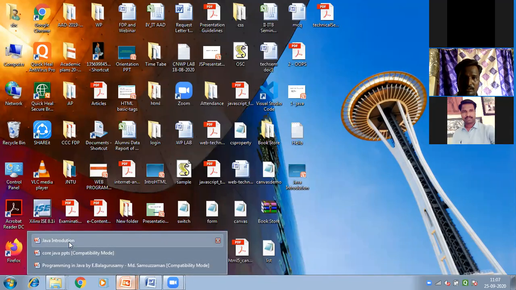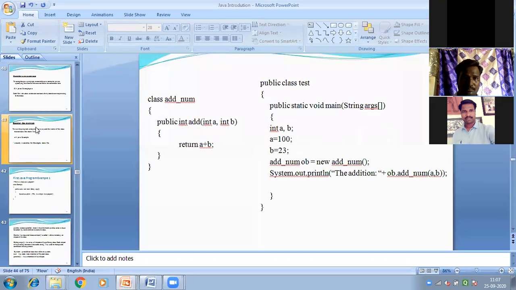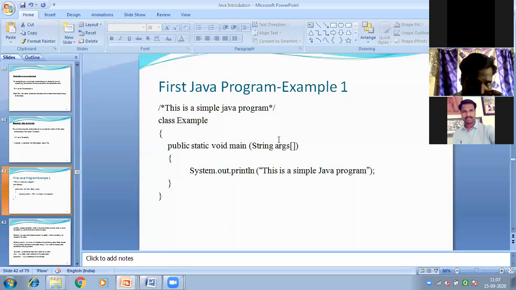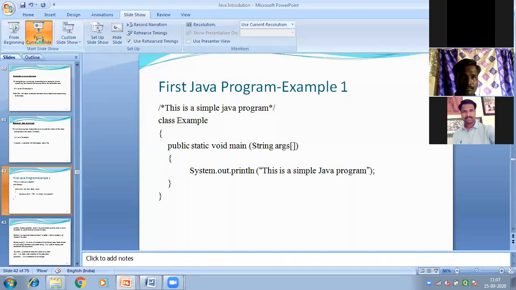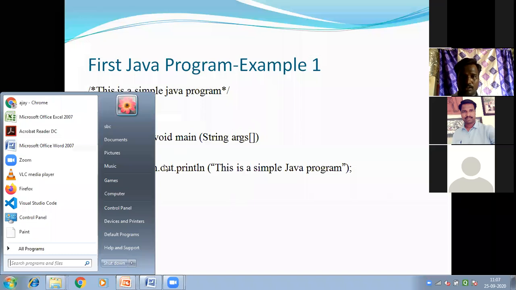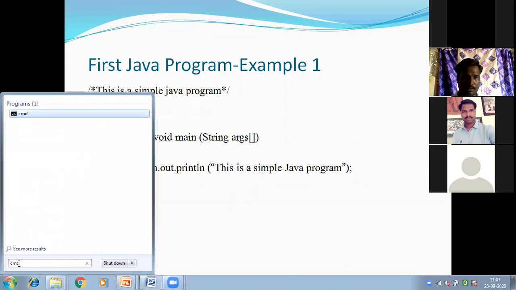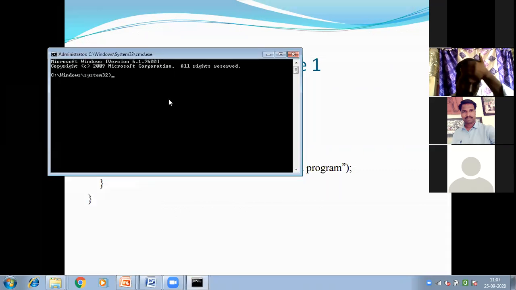So in our presentation we saw some simple program. This is the hello world program, right? So what is the class name here? What is the class name? Example, right? So I will go to command prompt, run as admin. So here I need to copy the path where my JDK